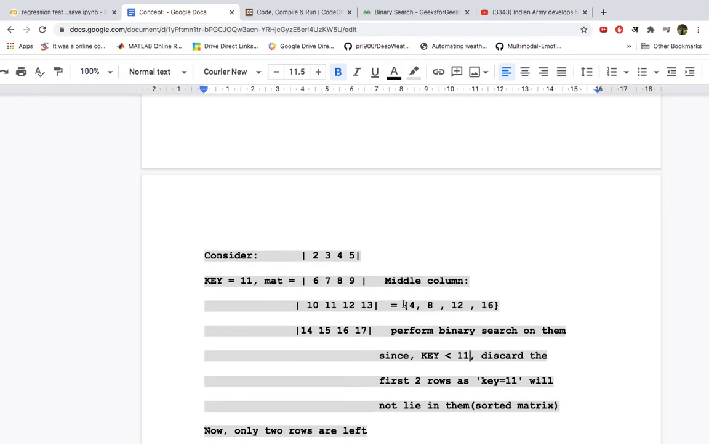We'll perform binary search on this array now. We have found our array, that is the middle column of the matrix, and on this we'll perform binary search. For that binary search, the mid value will be here now. If mid is our element, that is 11, since 11 is greater than